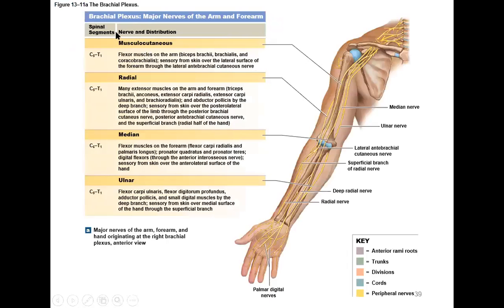So let's talk about them in a little bit more detail. Musculocutaneous. Oh, and what you'll see is, take note of this. So make a star or circle this. Look at that. C5 to T1. C5 to T1, C5 to T1. This one is C6 to T1, C8 to T1. They're all thick and rich with multiple spinal nerve roots, okay? So especially musculocutaneous and radial, because you can see that they take up all of the ventral rami from the